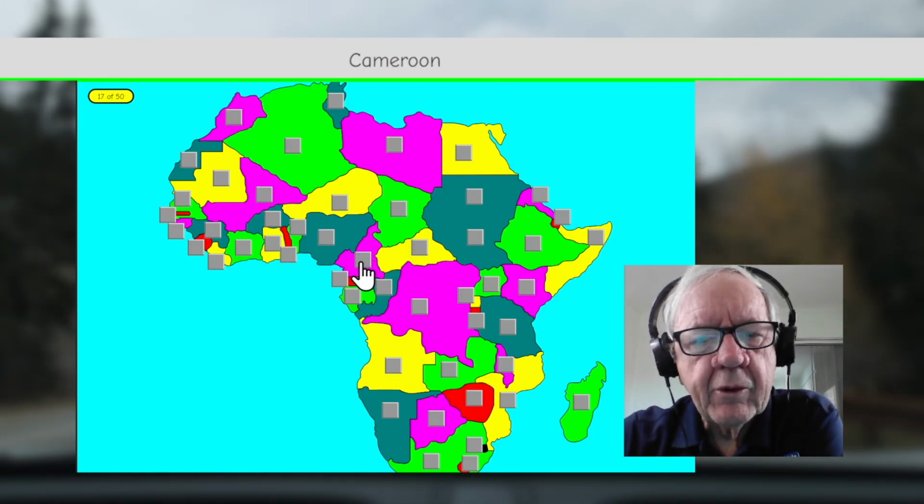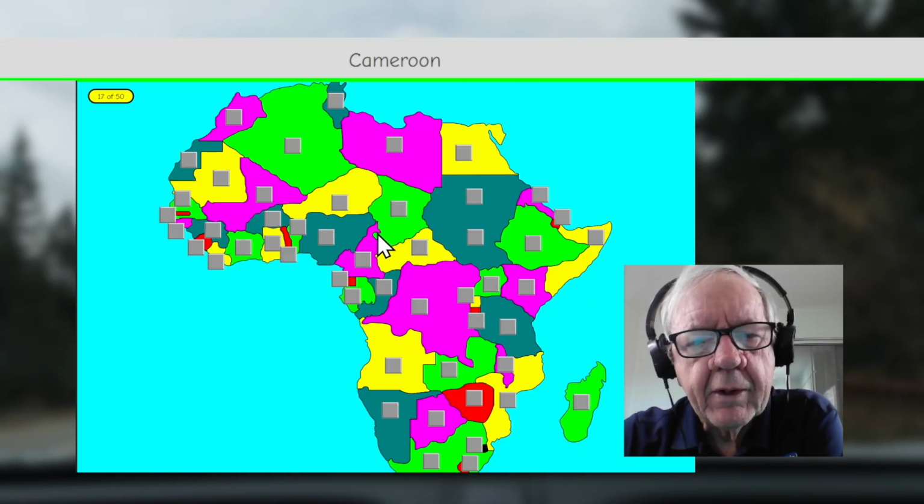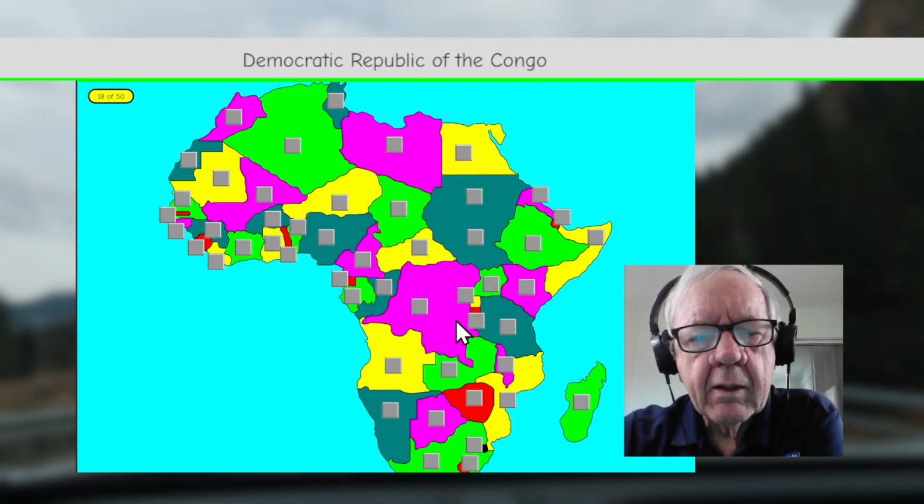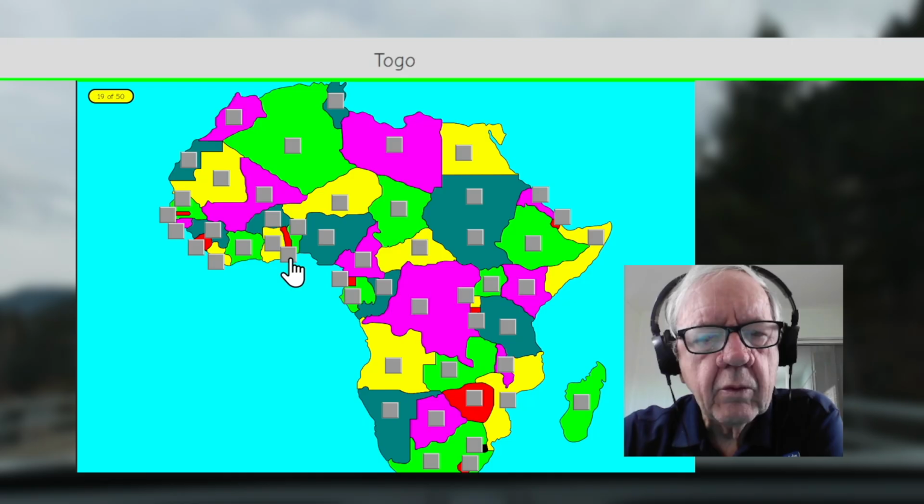Kind of looks like a camera stand to me, a little stand with a camera up there. Cameroon, DROC, Togo, tiny Togo,